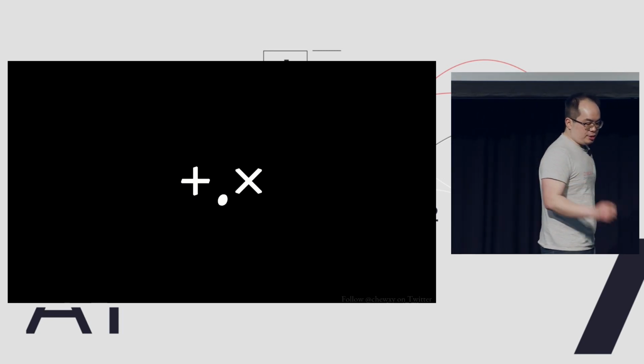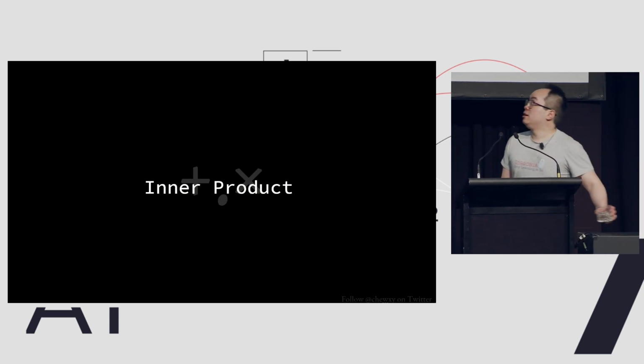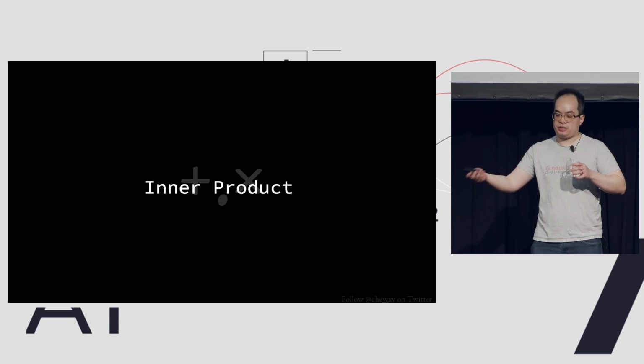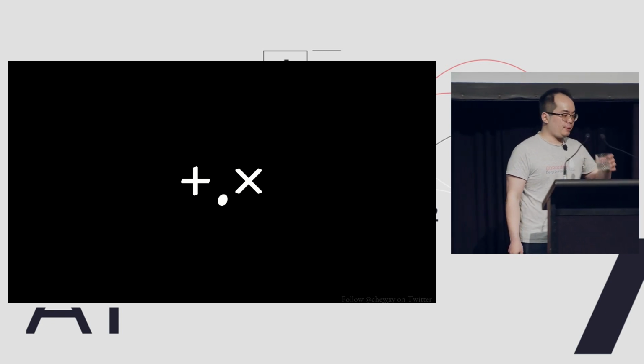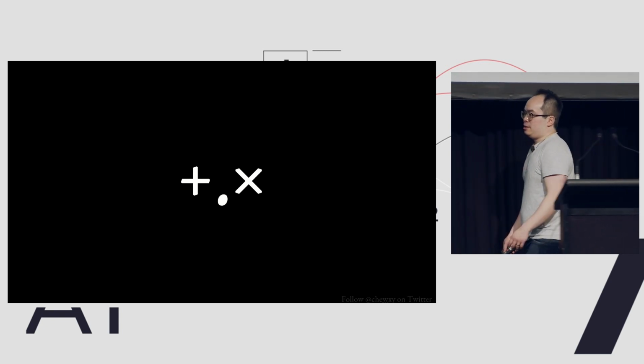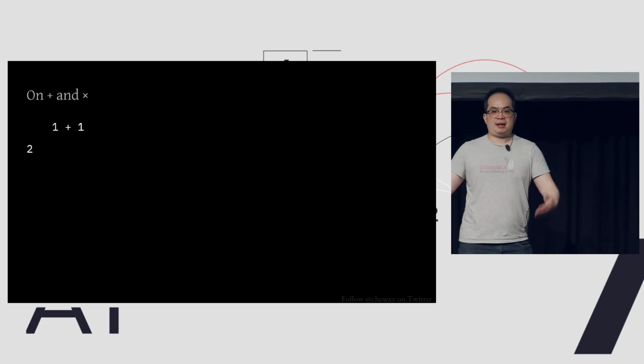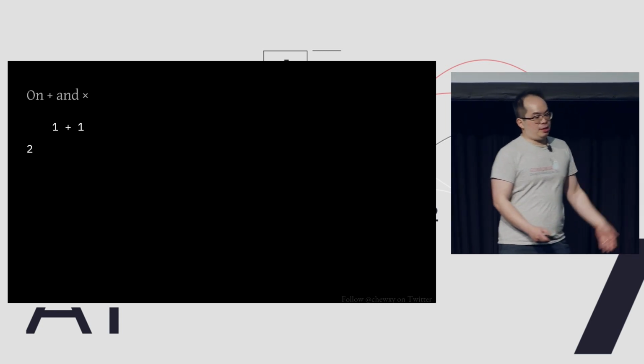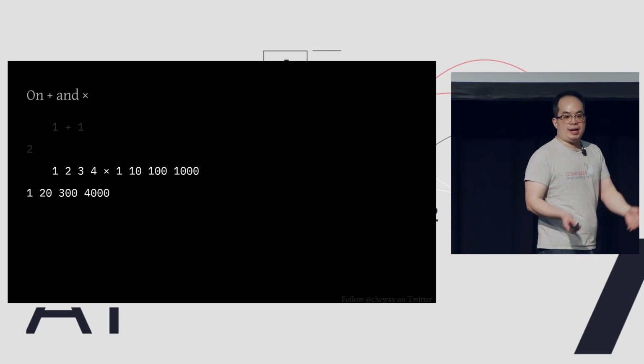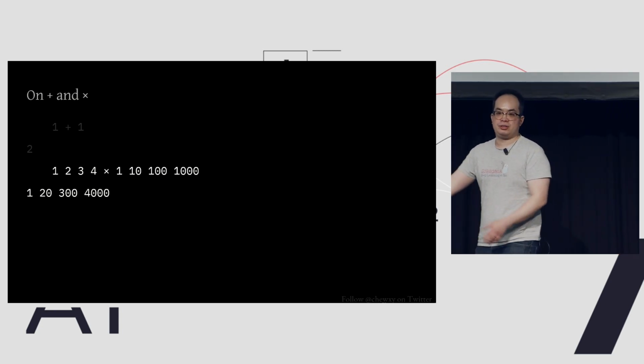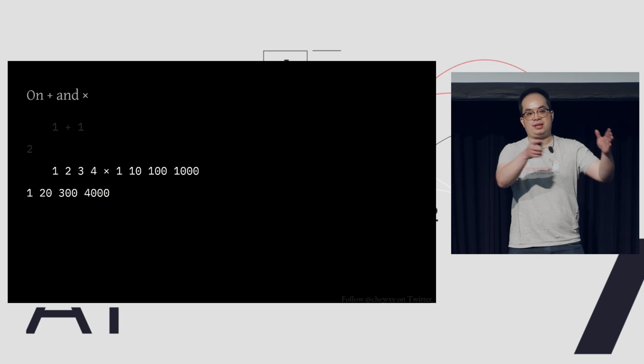Now, consider these three symbols. What do they do? In APL, you read them as inner product, or in NumPy, it's a dot. You'll note that there are three symbols here: plus, dot, and times. Now, we all know what plus and times do. The only difference in APL is that they also work on arrays. Here, 1, 2, 3, 4, and 1, 10, 100, and 1,000 are arrays, and when you multiply them, you're basically